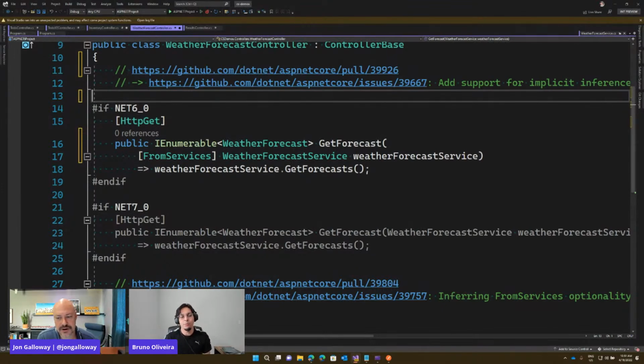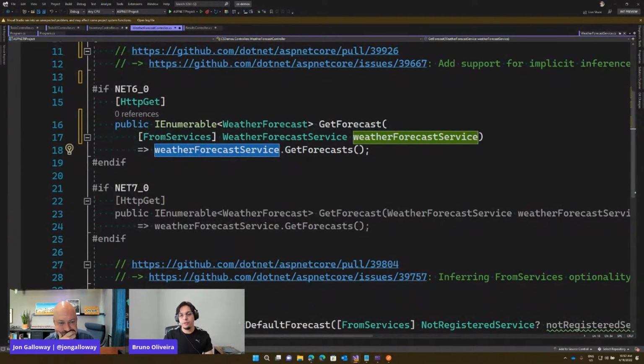Exactly. And when you have a unit test and you have a controller with 10 services, then you just call a method, one of the actions that only uses one, it's crazy. And when you have a service specific for the action, it's easier to make this unit testable. Okay. Yeah. So that's how it works in MVC